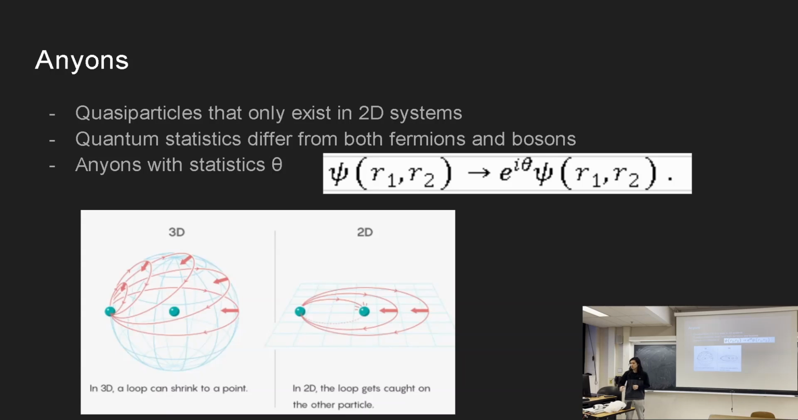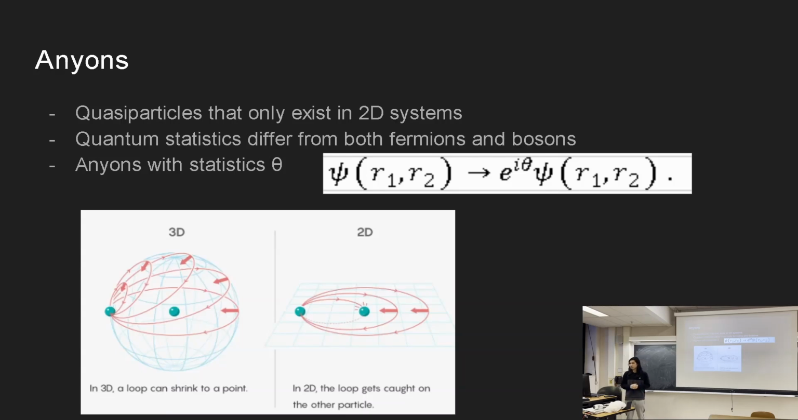And the idea of this is represented in this image. In 3 dimensions, if you have a loop around a particle, you can shrink that loop to a point by just moving above, because you have that extra degree of freedom. But here we have a circle. If you have a loop around a particle in 2 dimensions and you try to shrink it to a point without intersecting the particle, you can't do that, because there's no degree of freedom that allows you to move the loop up or down. So this means that there's a fundamental topological